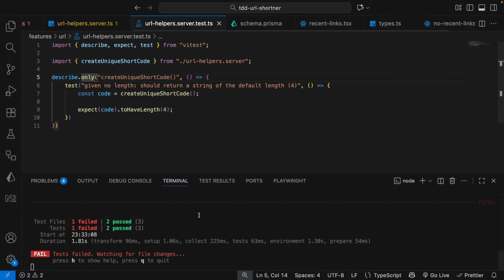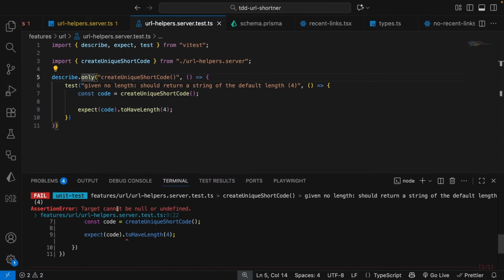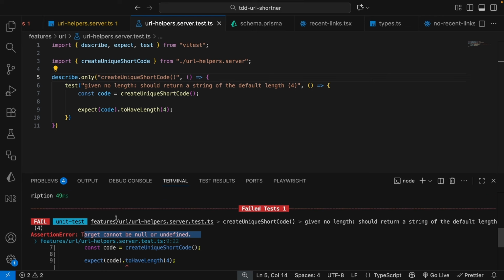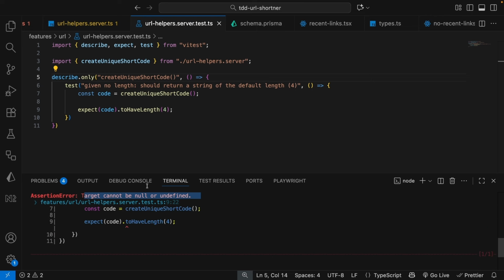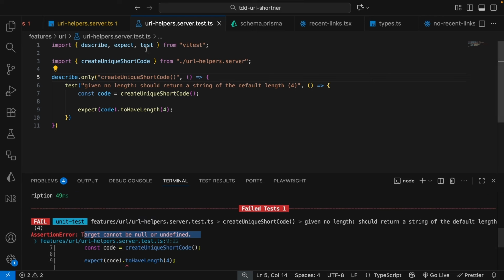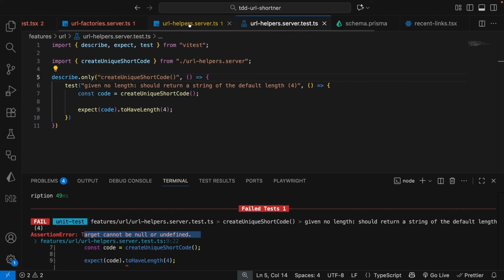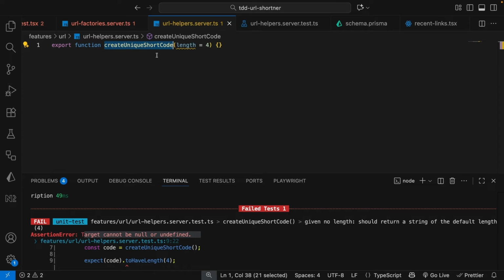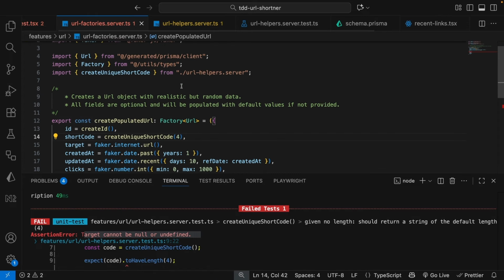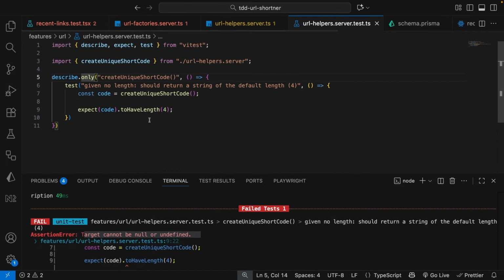So it runs the test, and the test fails. Why? Because target cannot be null or undefined, and that is the case currently. Okay, let's fix it now. Or we can write more tests. So let's have the test, and then we can build out our code, the function. Let's continue right in here. What other tests do we want to test? We want to test that